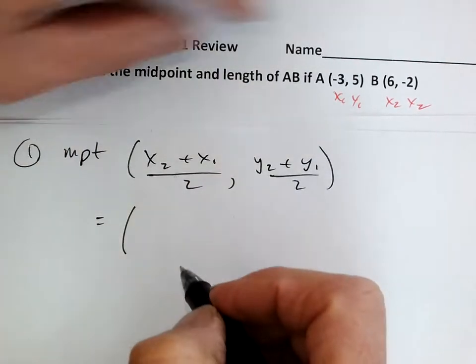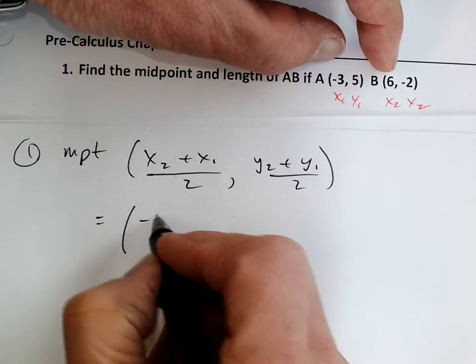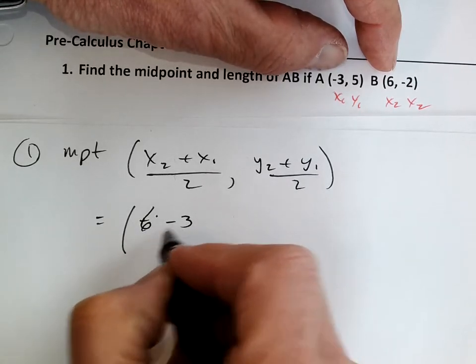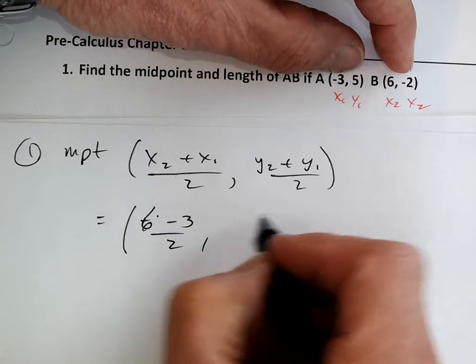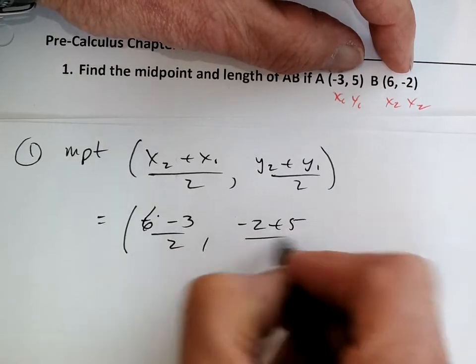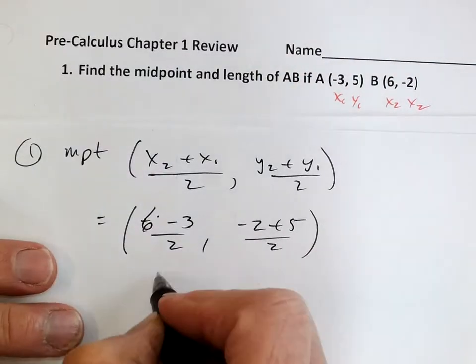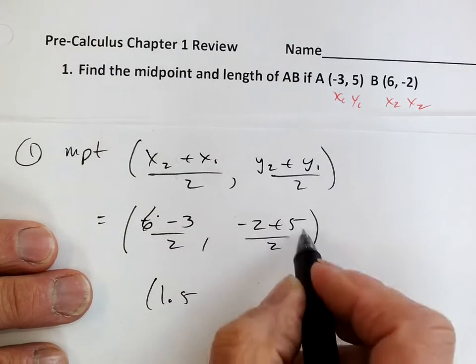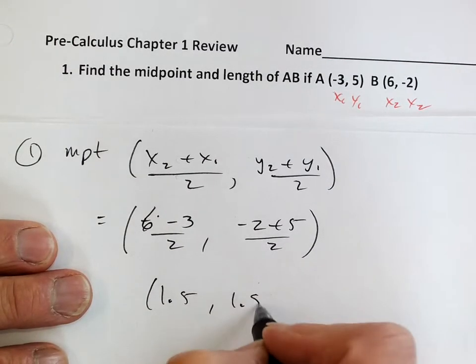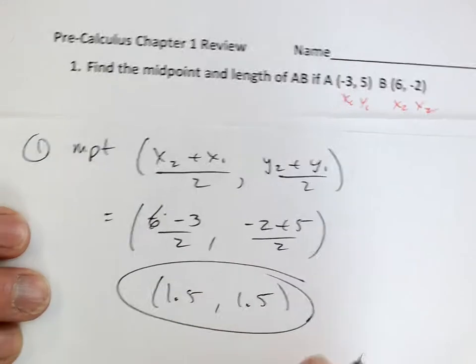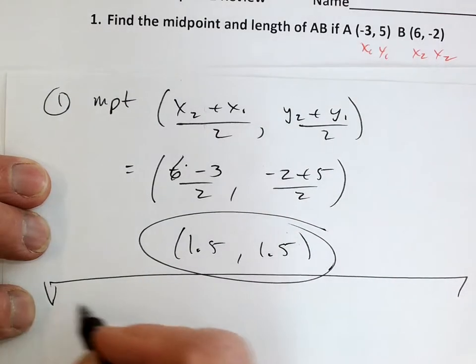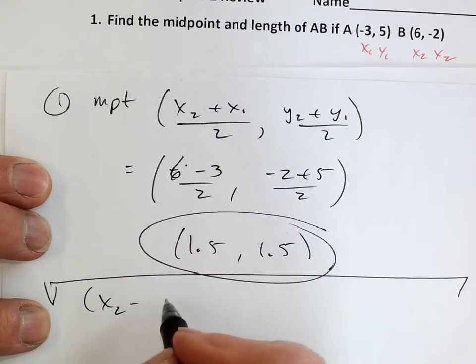So I'm going to get an answer of, I'll go 6 plus a negative 3 over 2 comma negative 2 plus 5 over 2. Let's see, that's 3 over 2, which is 1.5, and that's 3 over 2, which is also 1.5. That's my midpoint. Now the distance is going to need the distance formula, big square root of x2 minus